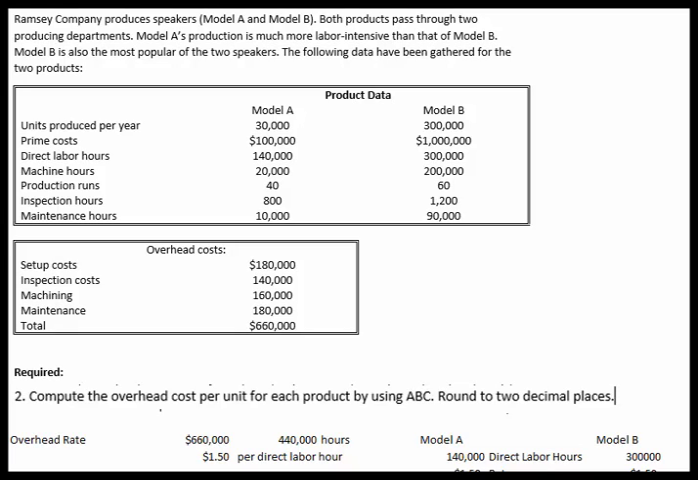We're going to move away from the peanut butter costing approach that we did in the last part, and now we're going to move towards the activity-based costing method to allocate the overhead costs, which is what ABC refers to. And we're going to try to determine for both Model A and Model B what is the overhead cost per